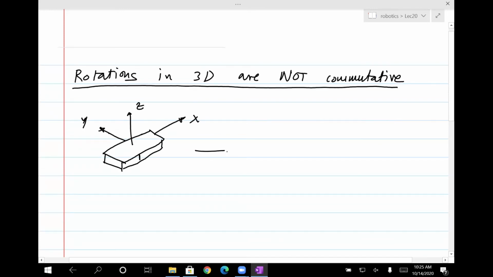Now let's do a rotation by 90 degrees about the x-axis. Imagine you're turning this cuboid about the x-axis by 90 degrees in the counterclockwise direction. When you look at it from this side, you should rotate it by 90 degrees. So it will be like this. So when I do that, what I'll get is